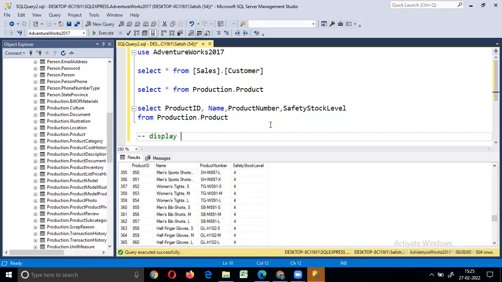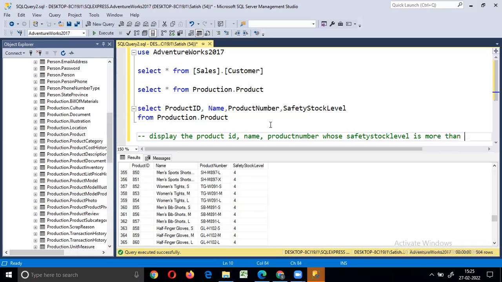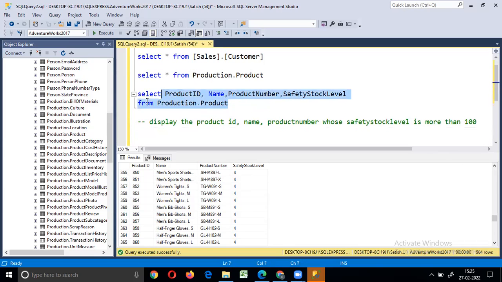Display the product ID, name, product number, whose safety stock level is more than 100. So I would like to get all these things.